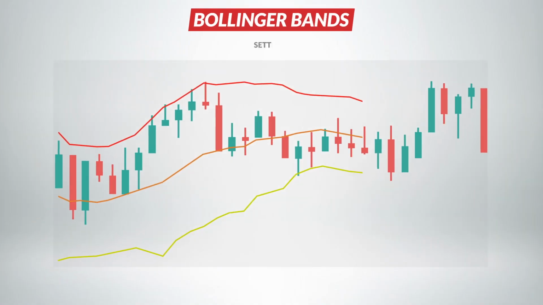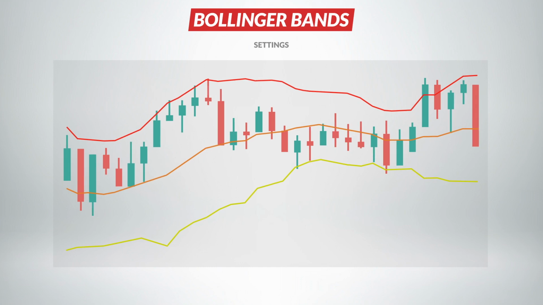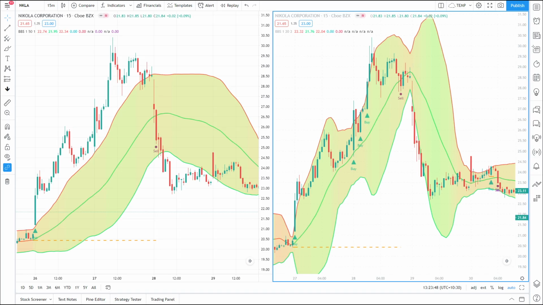The Bollinger Bands settings that we have found to be most effective for this particular strategy, after extensive back testing, are 20 for the simple moving average and 2 for the number of standard deviations between the middle line and the upper and lower bands. Some other settings that you may find useful are 50 for the SMA and 1 for the number of standard deviations. These settings are generally going to provide less frequent signals than what we have recommended. You may find these settings to be more effective for your own style of trading. I encourage you to experiment by performing some back testing of your own, as well as trading in a simulated account to find which settings work best for you.